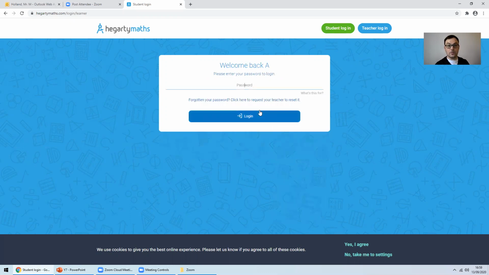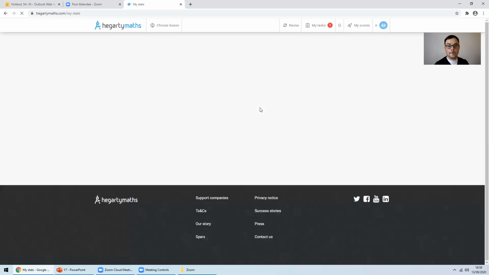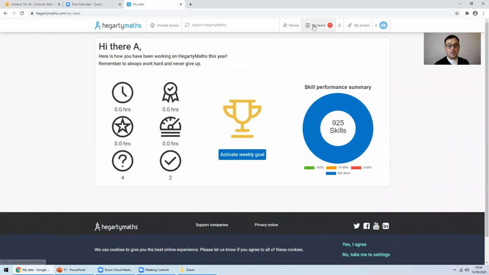The first time they log in, it will ask them to select a password. I've already logged in as this student before, so it's just now asking me to enter my password. And you can see at the top here that this particular student has one task to do set by their